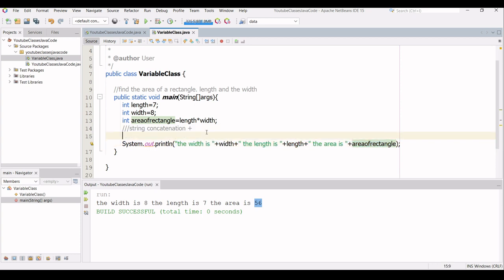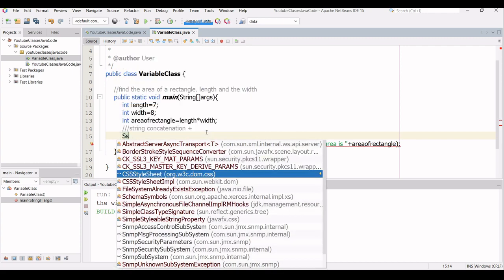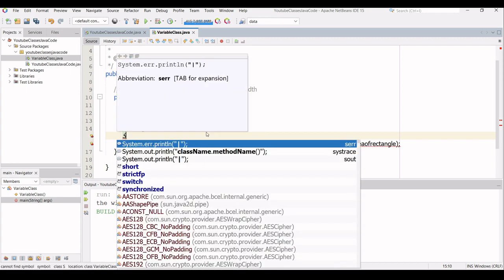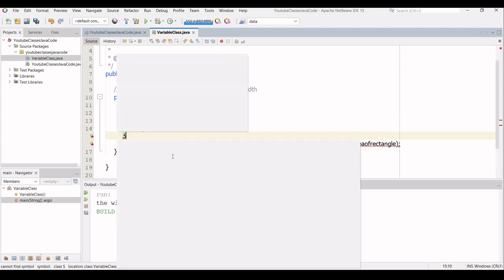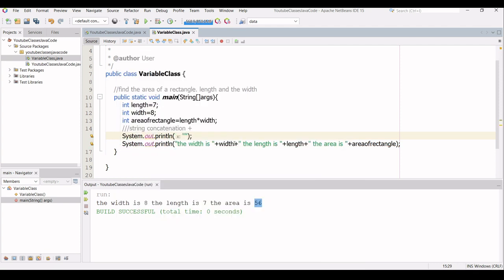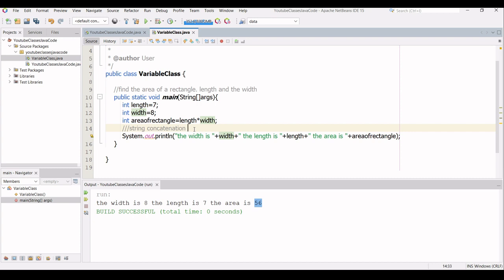If I do this again, step by step, it is system.out.println. So if I did just this, if I copied this and I have it here, the width is, it will give me 8, okay? So the other addition here is you're concatenating width again with the length. All right, so this is what we call string concatenation. The plus sign here is not for addition. But the same sign,